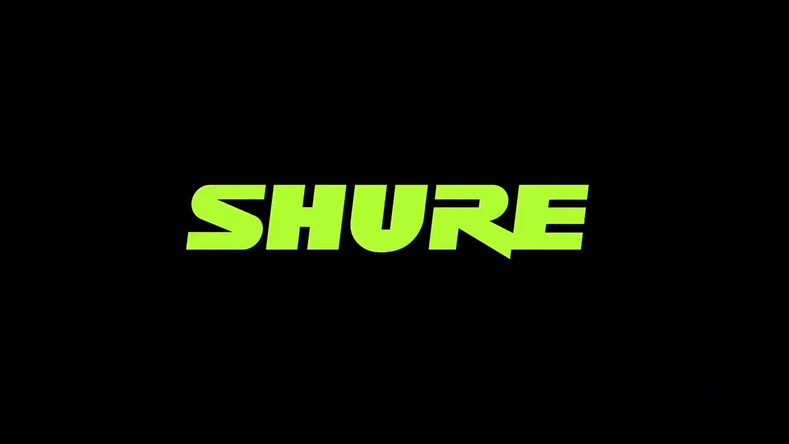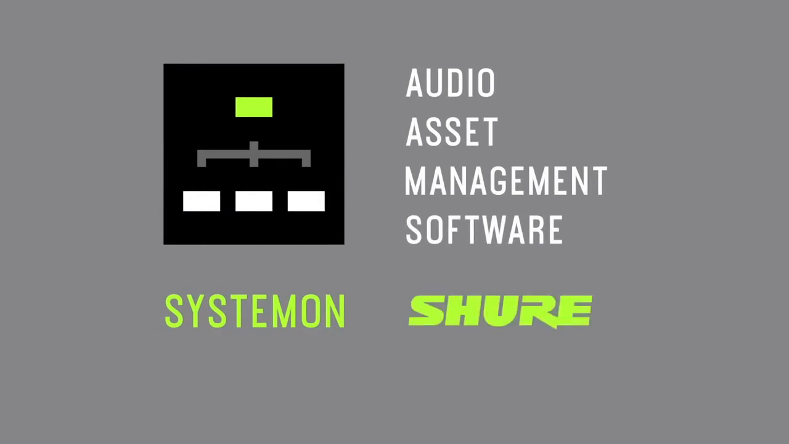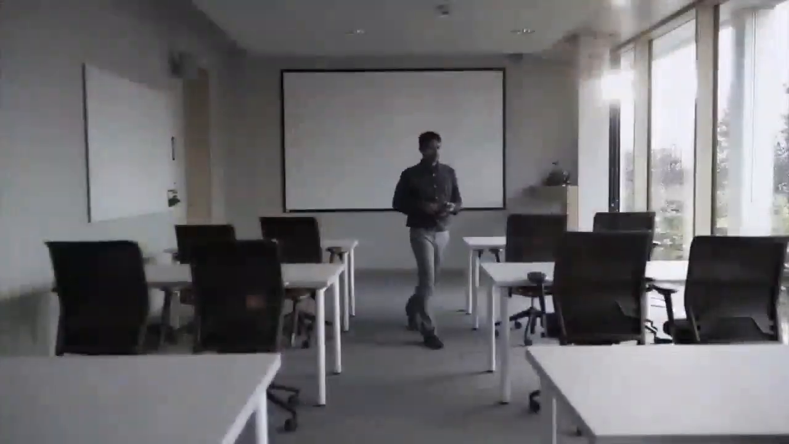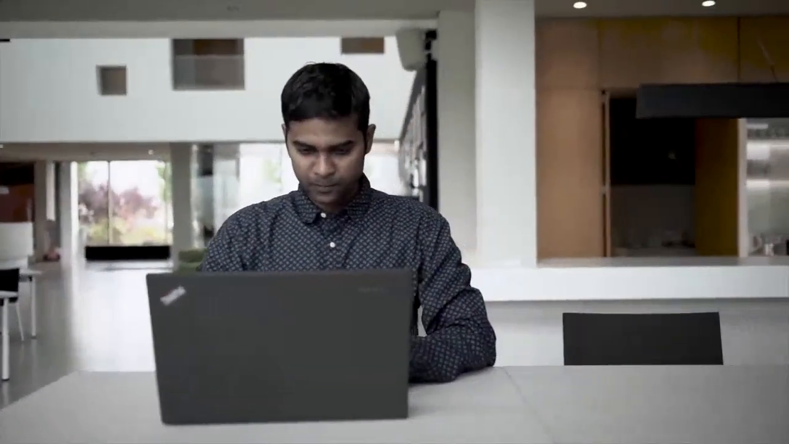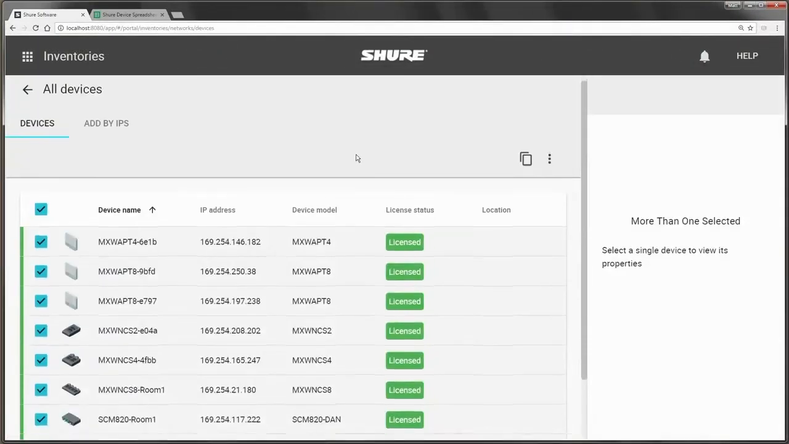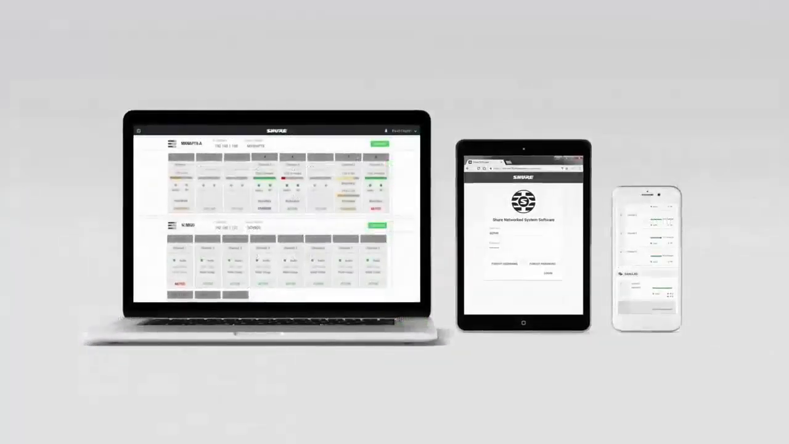SystemsOn audio asset management software by Shure makes it simple to manage large-scale or mission-critical deployments of Shure audio hardware from one central platform in corporate and higher education settings. SystemsOn eliminates the need to physically check equipment room by room before meetings. You can instantly view the status of the Shure hardware in every room in your facility from a laptop, tablet,